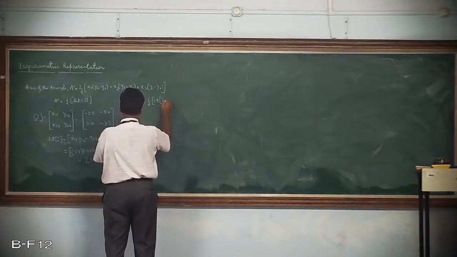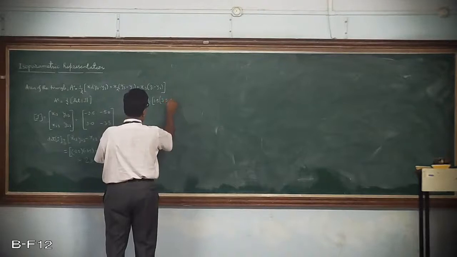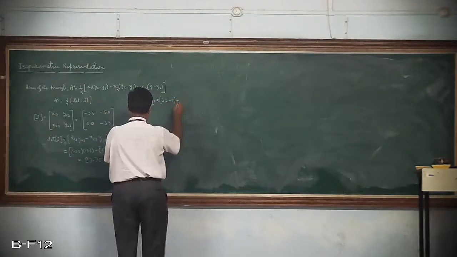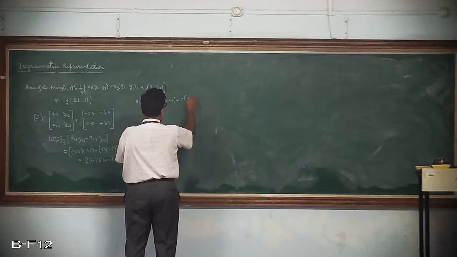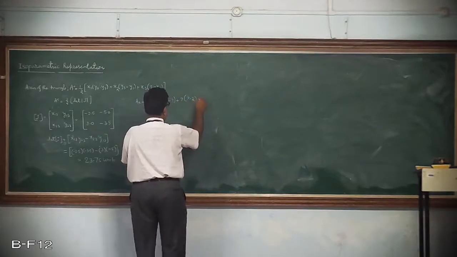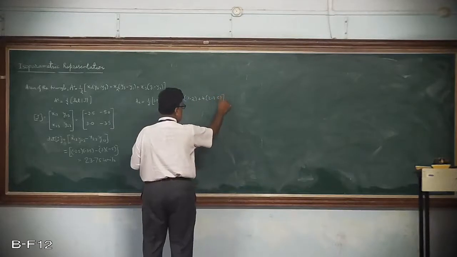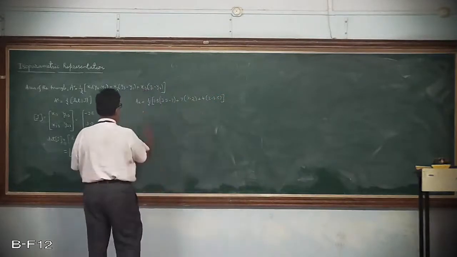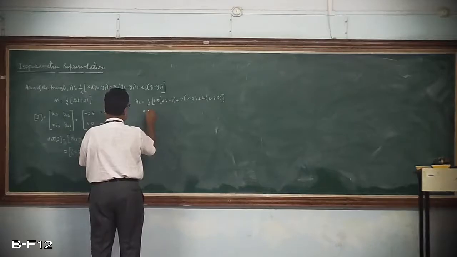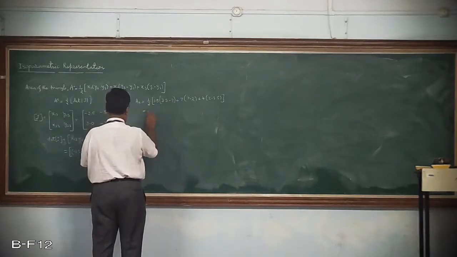Y2 minus Y3, that is 3.5 minus 7, plus X2, that is 7, 7 minus 2, plus 4 into bracket 2 minus 3.5. So if you do this, the area comes out to be, literally, half of the